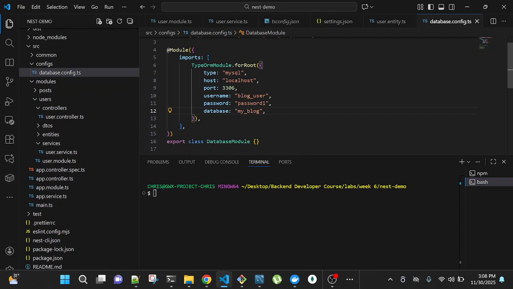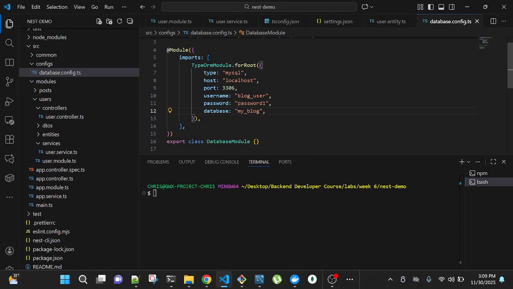Synchronizing means that entities represent tables. So if the table is not there, create it. If it is there, take what we have and modify what is already there.